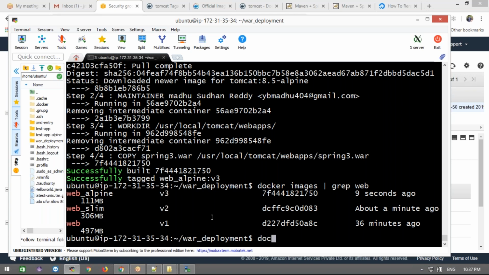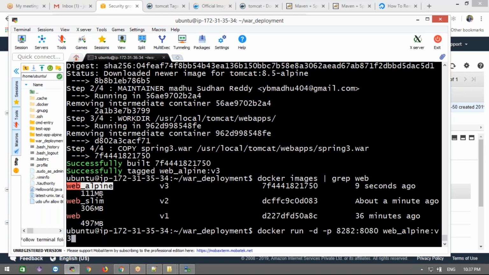Let me do docker run -d and then -p outside accessing port, internally running 8080. Then next, what is the image name? web alpha colon v3, right?